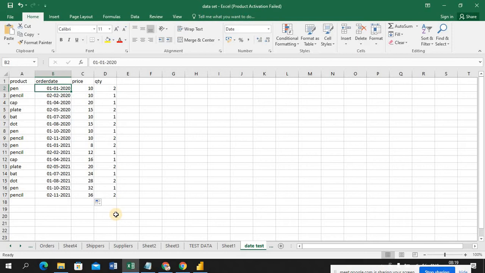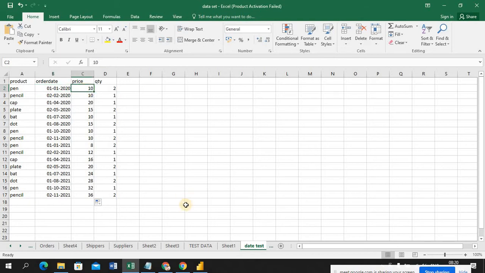So here the concept is, first we have to understand that data, the logic. So I have some dates here. From these dates I get some price, like the amount, what is the price for this order date, and the count and all.